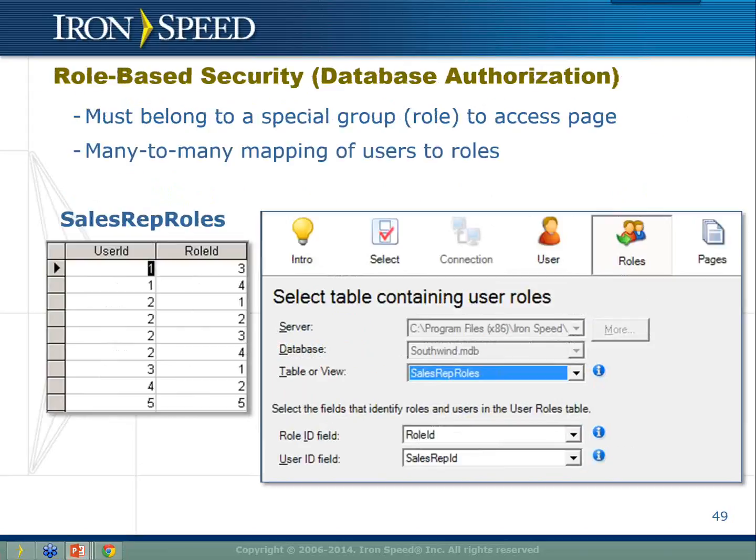Okay. So the nice thing about IronSpeed is that say you have your users table and you have your roles table, and then you have your user roles table, which is the many-to-many table between the users and the roles. You don't actually have to specify your roles table to IronSpeed. You point to the user roles table, and if you have your foreign key set up correctly, IronSpeed will go ahead and know where to get the roles table and show you the roles that you can use for displaying